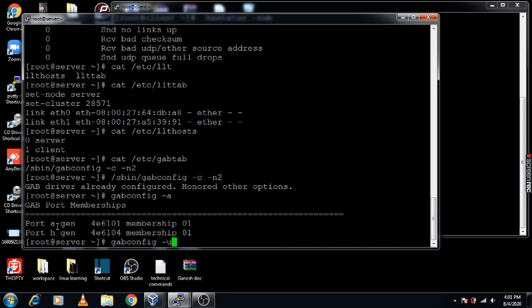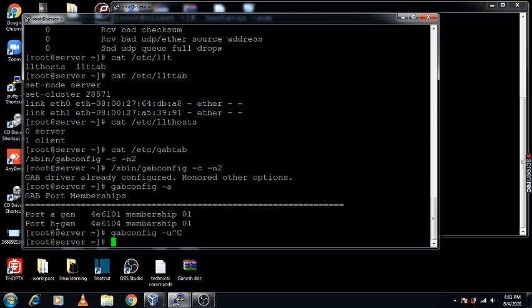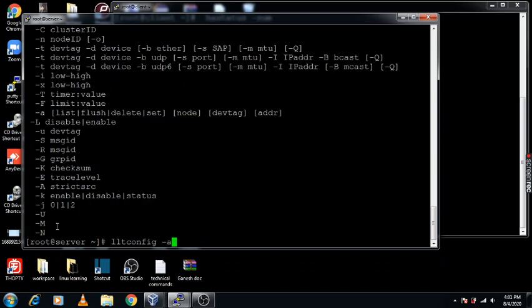Another command is -U to stop GAB. lltconfig -a, and lltconfig -c to start the LLT. You can use this command. To stop this LLT, use capital U.